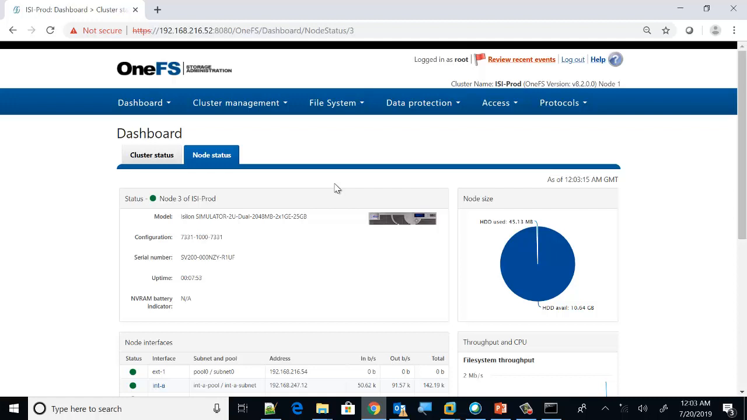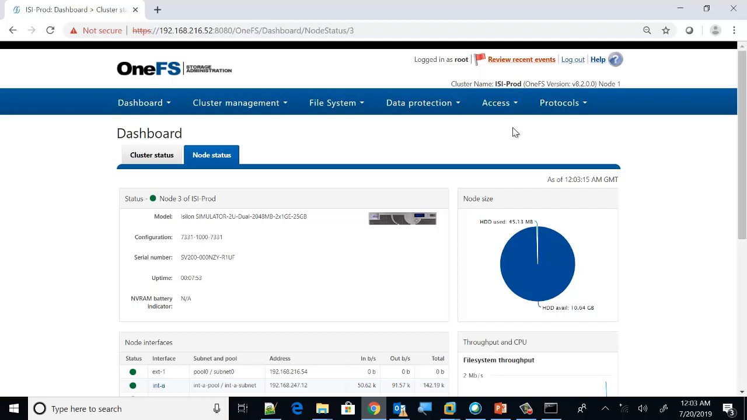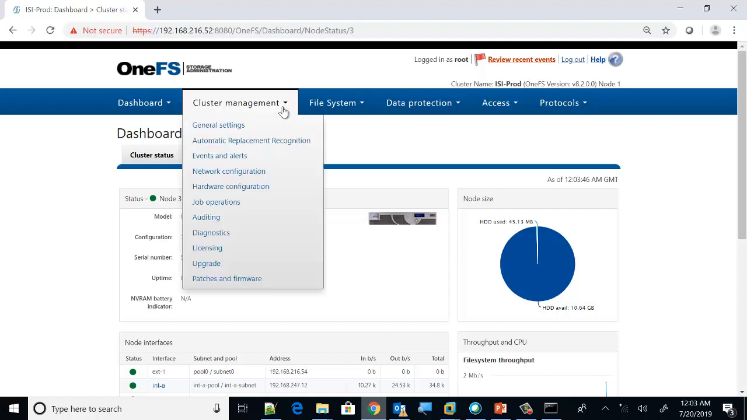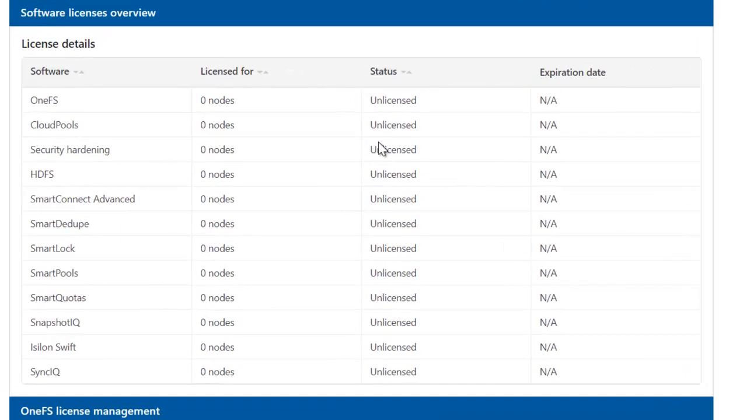Now what services are available? So these are the services and protocols available, and to function those services we need the license keys. To enable those services we need the license keys. Since it is a simulator, we need the evaluation license keys, and you can enable trial version. Cluster management, licensing, and from here